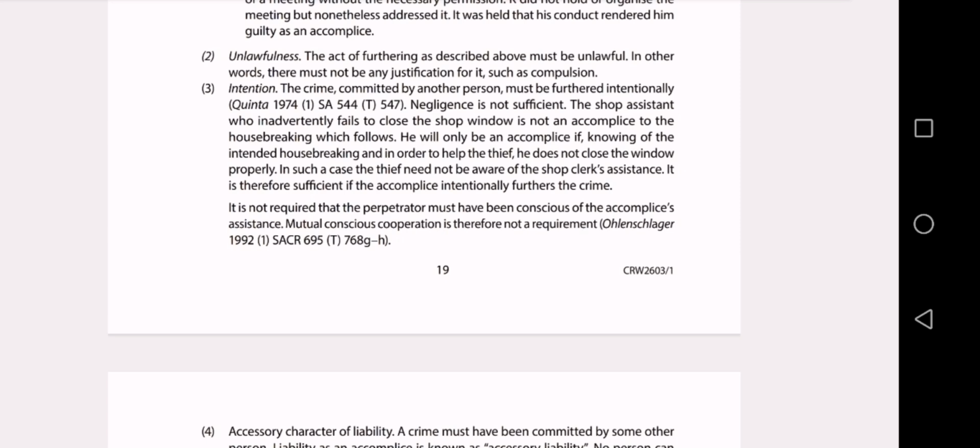2. Unlawfulness. The act of furthering as described above must be unlawful. In other words, there must not be any justification